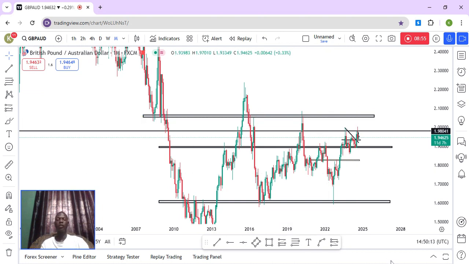That's one of the reasons why I have big confidence in GBPAUD, that the next level target for GBPAUD is 2.100. So that's the first case, and if you guys can see, the market has actually taken out almost all the levels, the major levels. The market bounces off this major level and this major level.